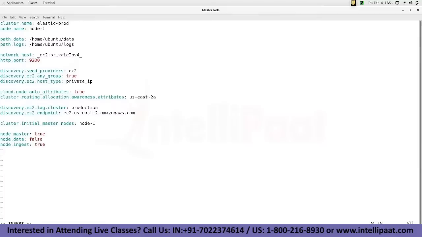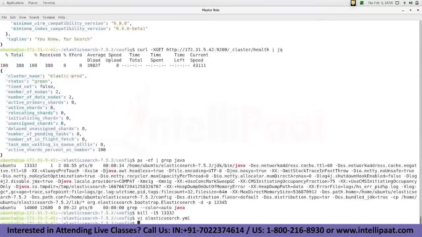So someone should have ingest. So I'm going to give this guy also ingesting, which is only taking the data and storing it. Okay, so I'm going to put node.master true, node.ingest true, node.data false. So let's save it and let's start it again. Elasticsearch, sorry, this is not the bin directory,